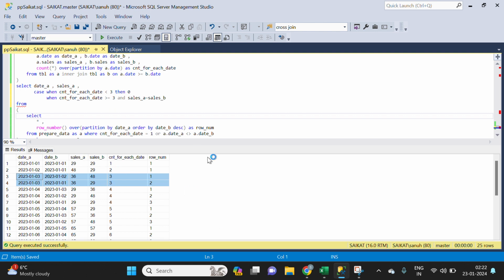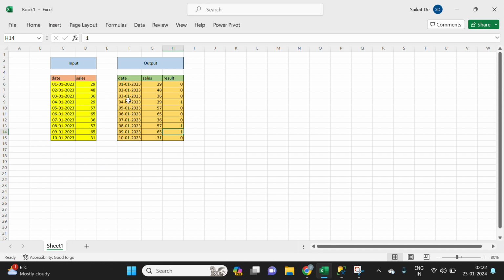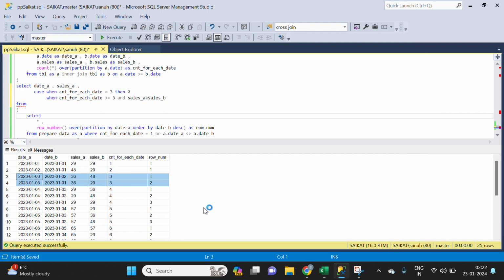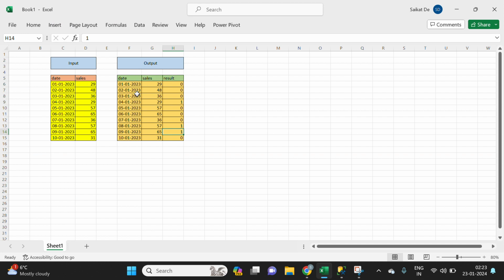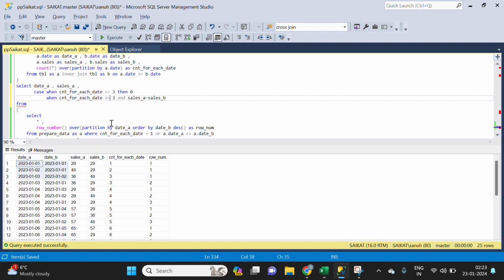So for 03 also we don't have previous 3 days of data. I think the condition is wrong. So it should be less than or equal to 3, then 0, because for 03 also we don't have previous 3 days of data. So this is less than or equal to 3. And if it is greater than 3, starting from here,